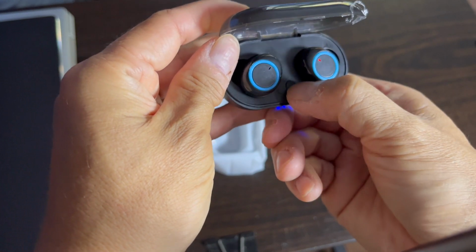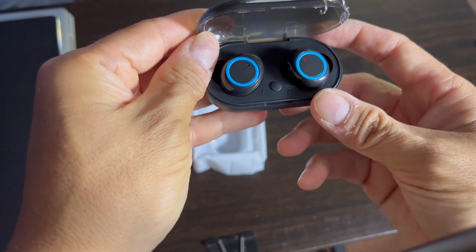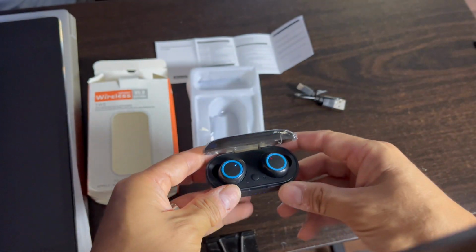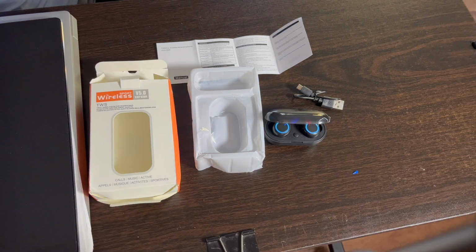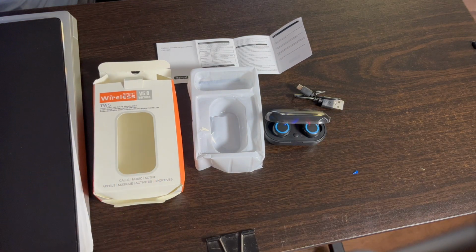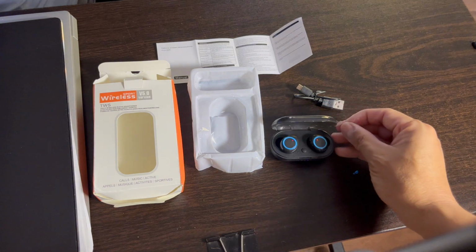There's a button here. I'm not sure what this is. I probably have to read up on it. But yeah, it's pretty quick and simple. That is the TWS Sport Wireless Earbuds. So I hope you found this little unboxing